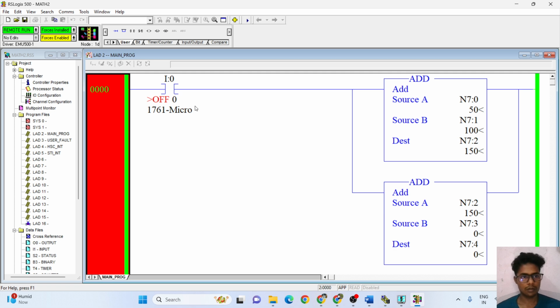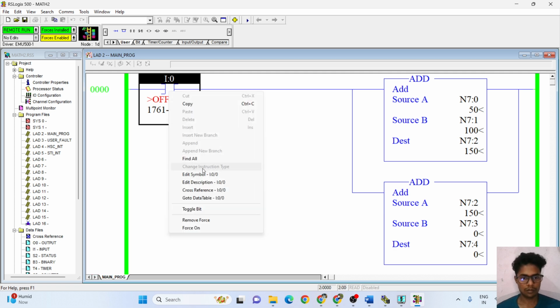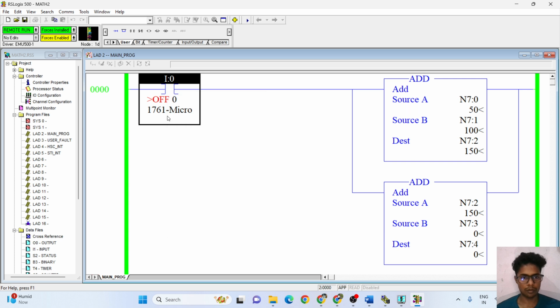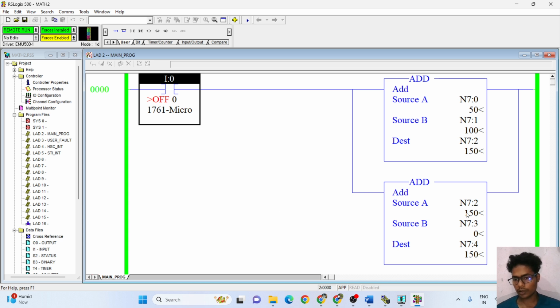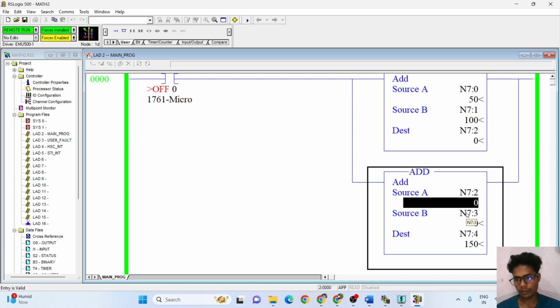Yes. Remove force. Toggle bit. Toggle bit. Here engineers, I have to put 0. Understand? And here I have to put 200. So engineers, why I have to put 0, because this is 50 plus 100 equal to 150. Here I have to not give any value.